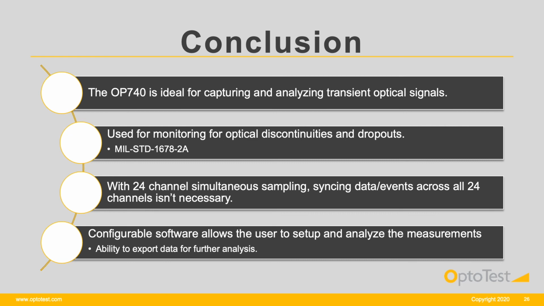The configurable software allows the user to change the sampling rate and determine the length of the captured data. Since the computer is capturing, the data buffer is as large as the computer's hard drive will allow. All data can be easily analyzed for simple events so that one does not need to sort through the data to find the areas of concern. If further analysis is necessary, data can be exported to CSV where it can be loaded into third-party data analysis software.